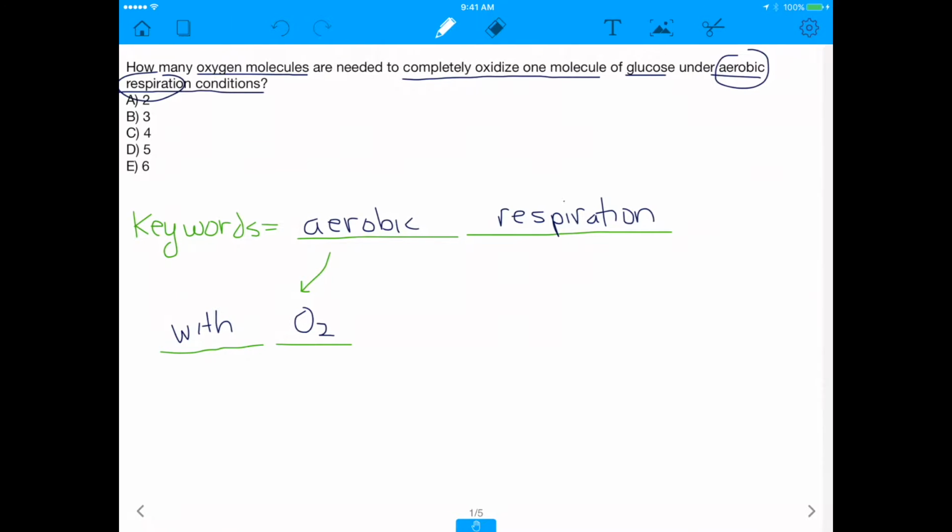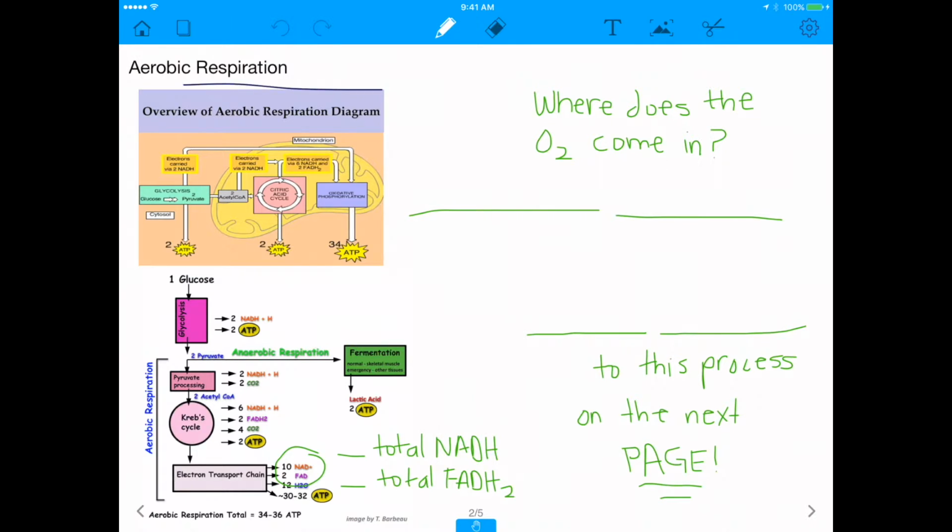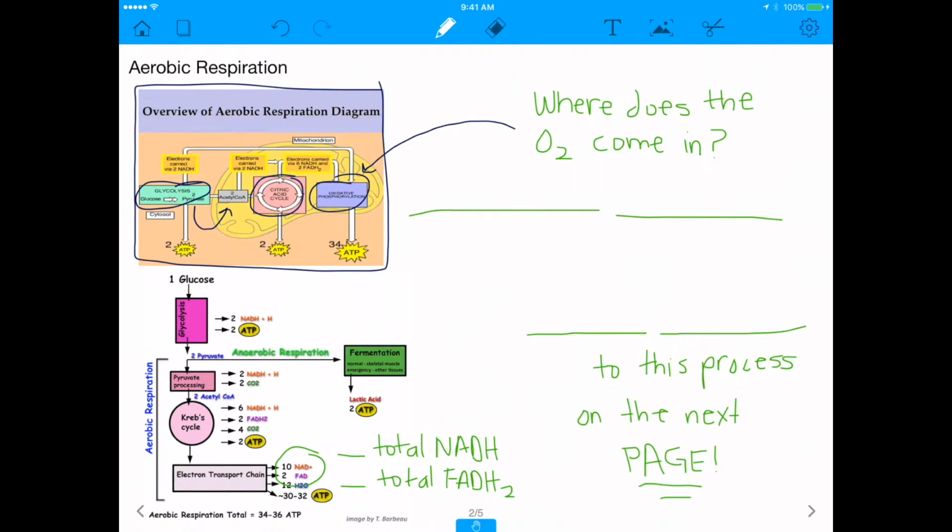A lot of students will approach this by saying, okay, this is aerobic respiration right here in the upper left-hand corner. You have glycolysis, and then you have pyruvate being produced from glycolysis that then gets converted to acetyl-CoA through pyruvate oxidation. Then you have the citric acid cycle and oxidative phosphorylation. And if you've studied respiration, you'll know that O2 comes in the oxidative phosphorylation phase, because that's where the oxygen takes the electrons from a lot of the carriers